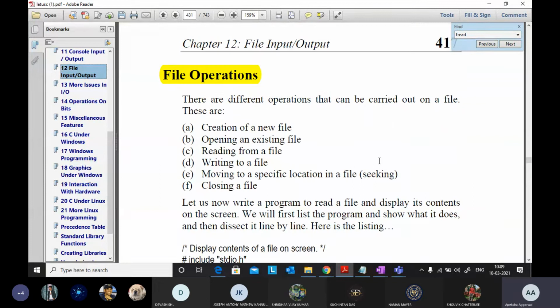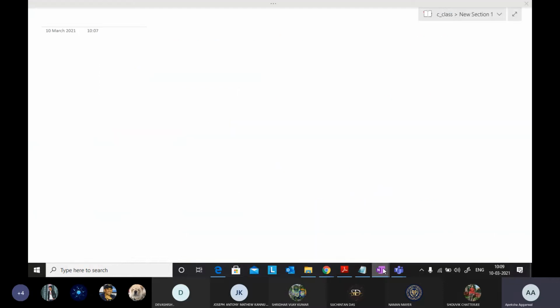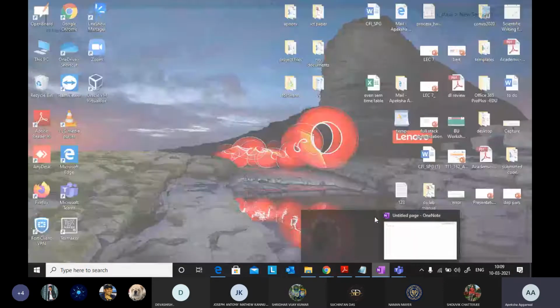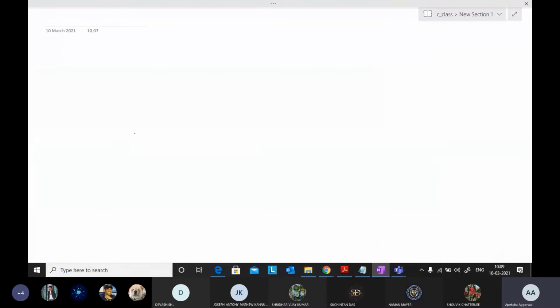So there are multiple operations that can be performed with the files. Now, before discussing this, let's have a look at the environment. What kind of environment do we have whenever we are working with the programming language, specifically C? When I'm talking about a C program, we have multiple spaces.